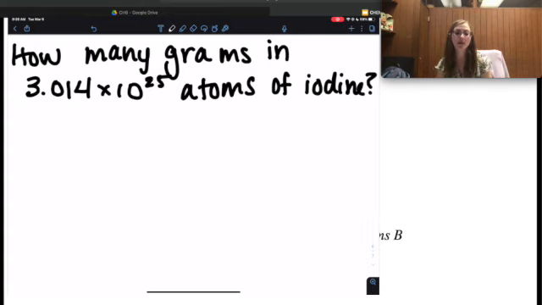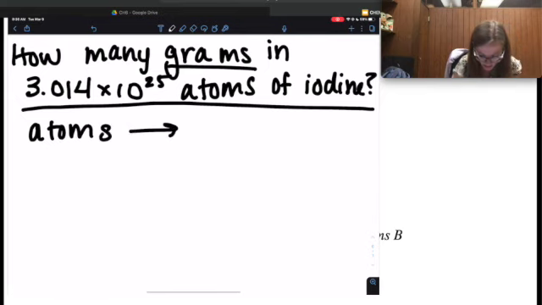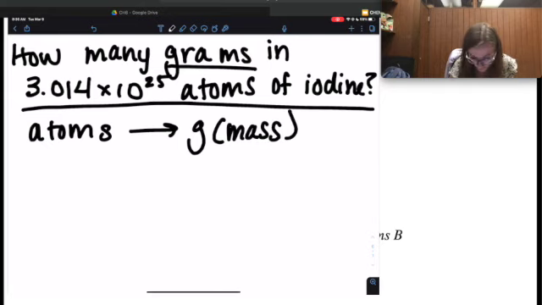We want to know how many grams are in 3.014 times 10 to the 25th atoms of iodine. So I'm looking at this problem, it looks like I'm going from atoms of iodine to grams. So atoms to grams is our goal, which is mass. Okay, so if I'm going from atoms to grams, I know again that I don't really have a direct comparison,